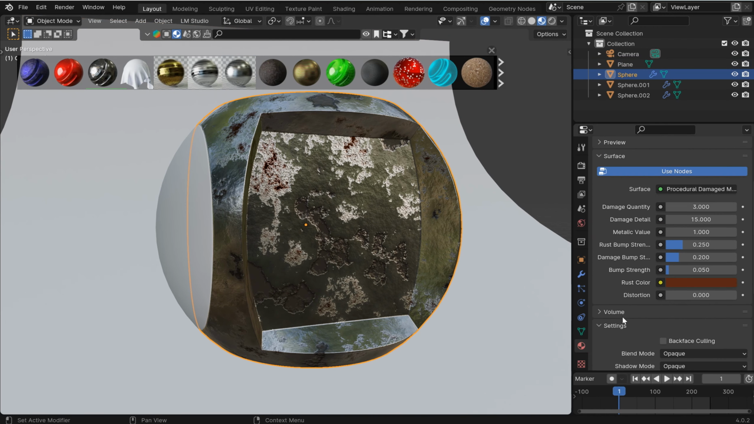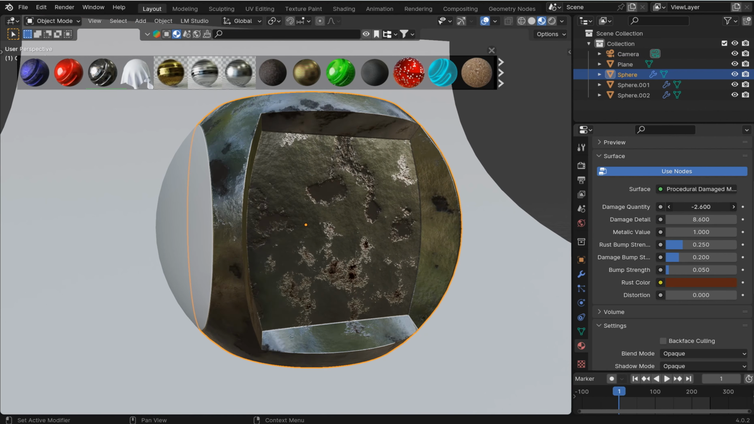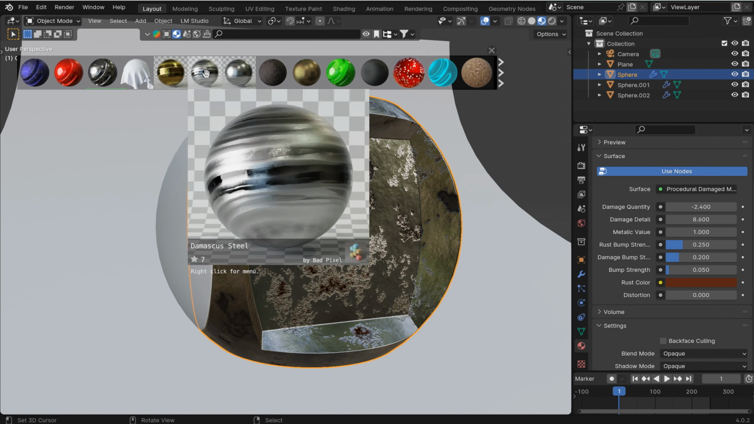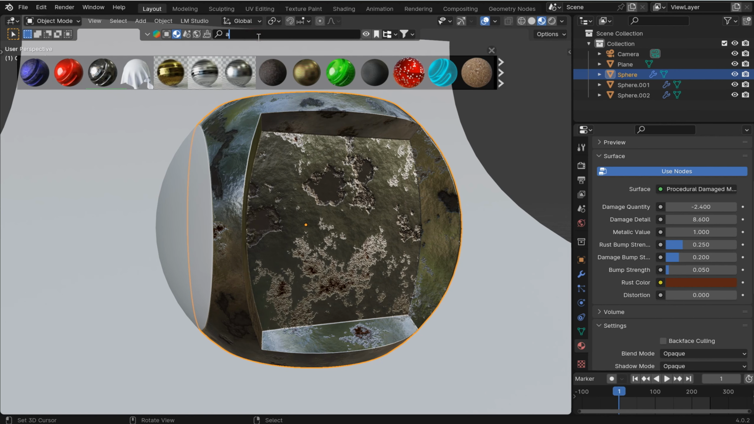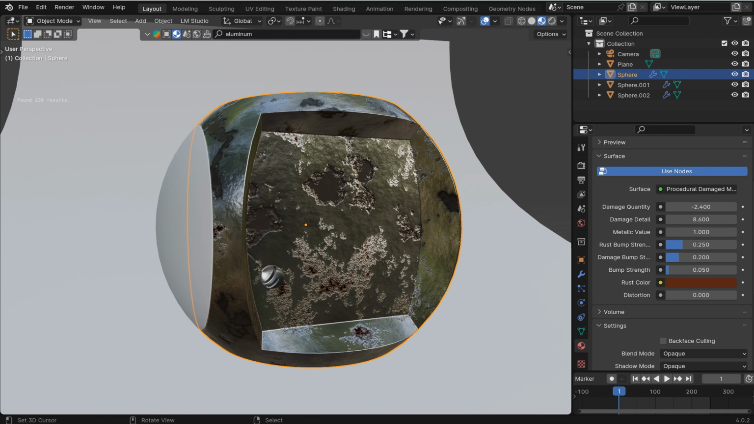Come here. So the damage detail, I like the detail here. Could be changed a touch. And we're going to put a nicer metal on the outside, Damascus steel. That's pretty interesting. So maybe the outside is aluminum. So I'll type that in